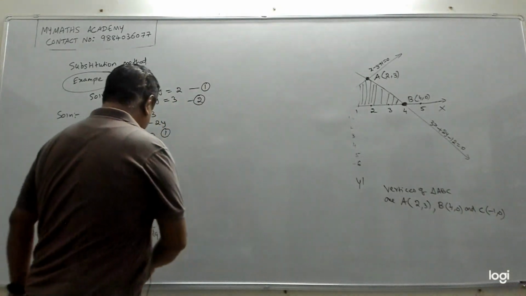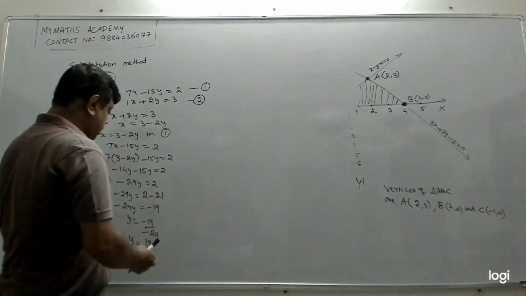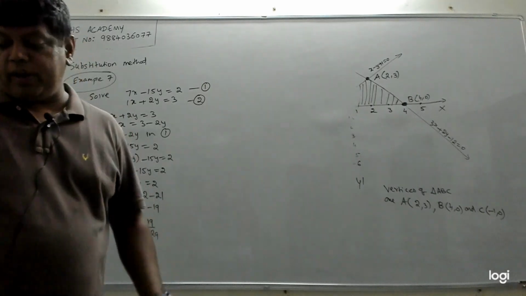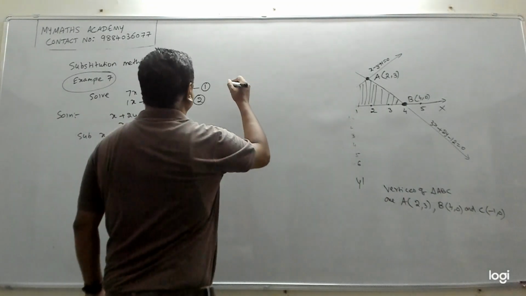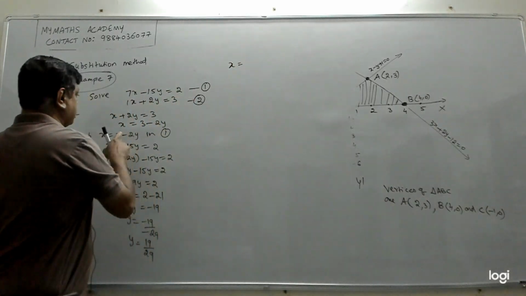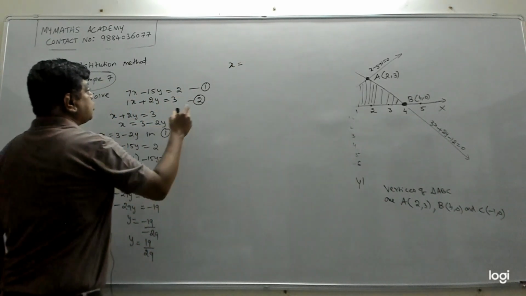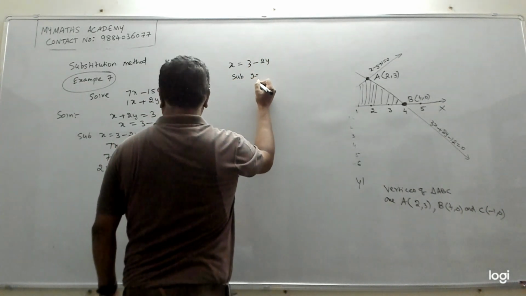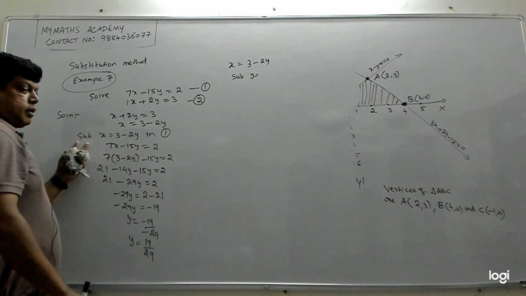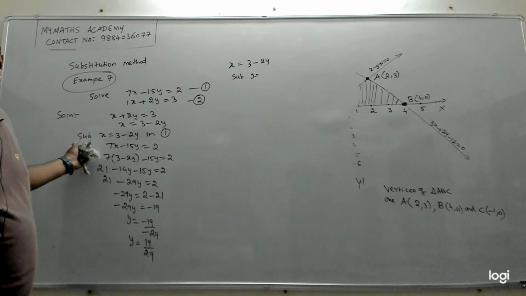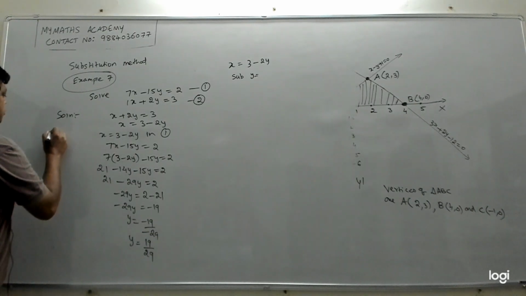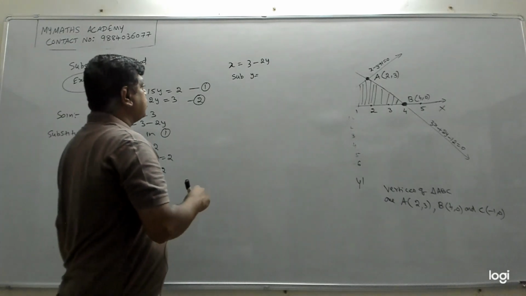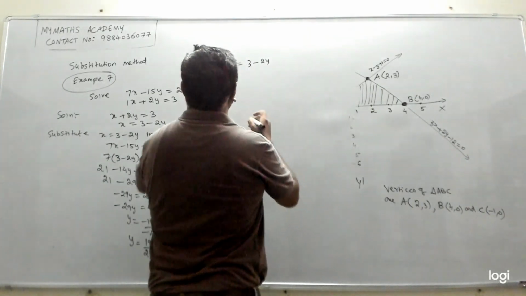So we have got y now, right? Now we will take this y and substitute the value of y as 19 by 29 in this, because we need to find x. What is x? From here, x is 3 minus 2y. Now in that we will substitute again y equal to... SUB means substitute, okay? If I want, I can write fully. Substitute x is equal to this. Now again substitute.